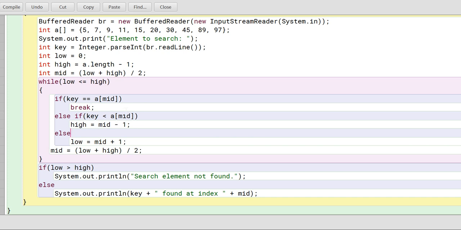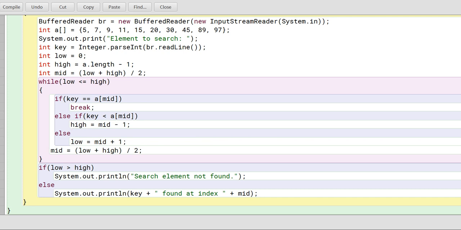Relational operators will not be applied in the case of string variables. So for the binary searching technique with strings, you have to use the compareTo method.